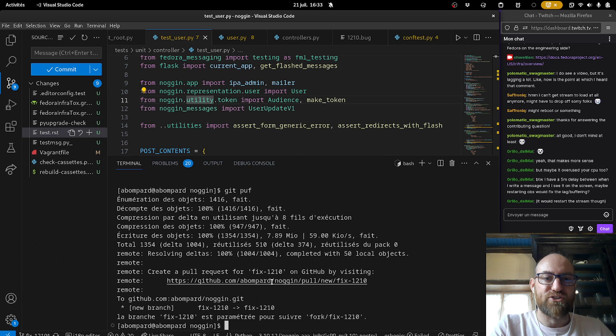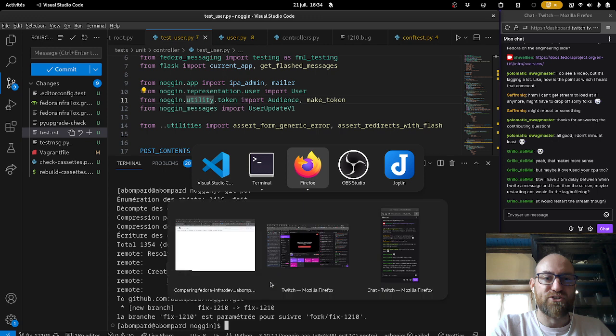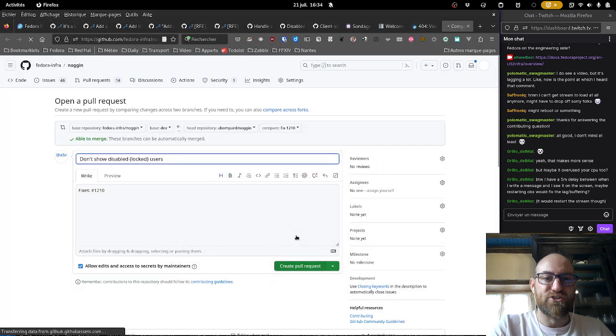Okay. Let me create the new pull request now. It's alt click, sorry, not control click as in my terminal. Okay, don't show disabled locked users. Okay, cool.